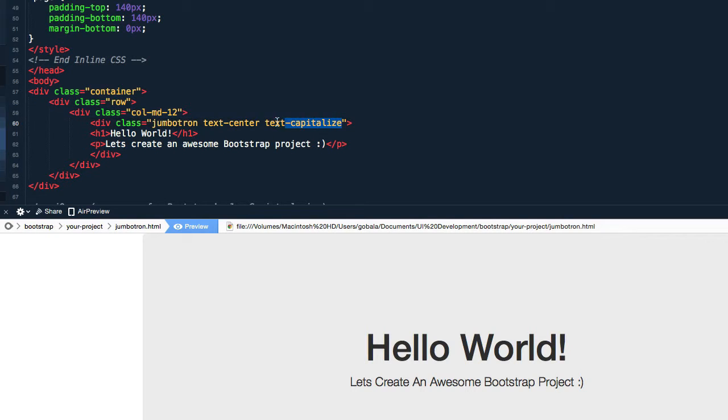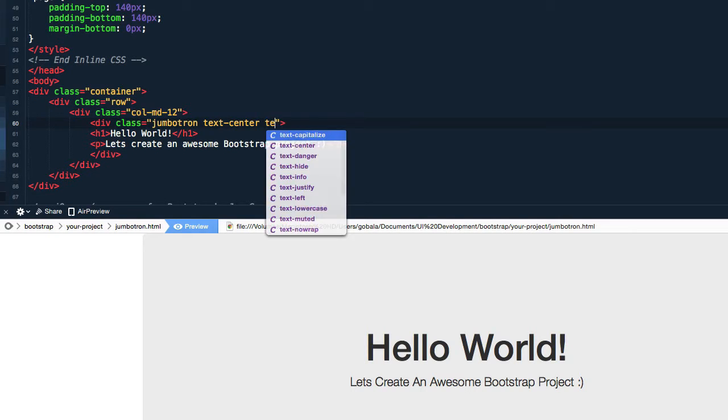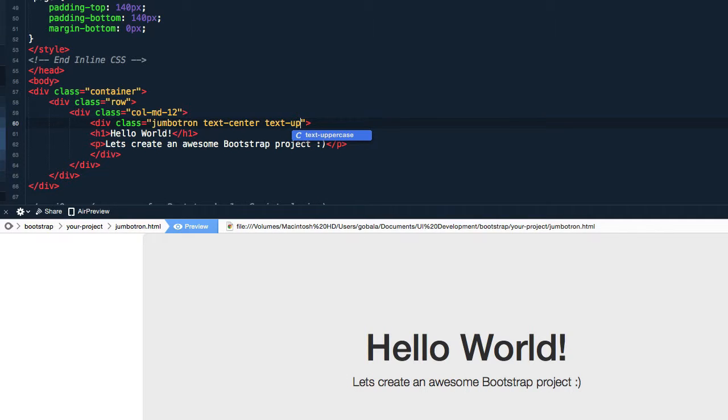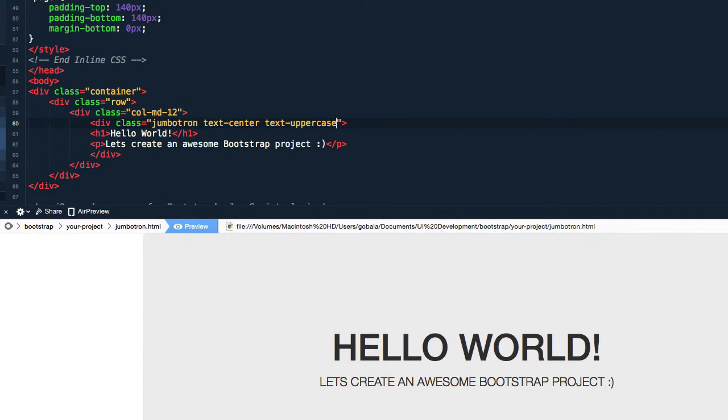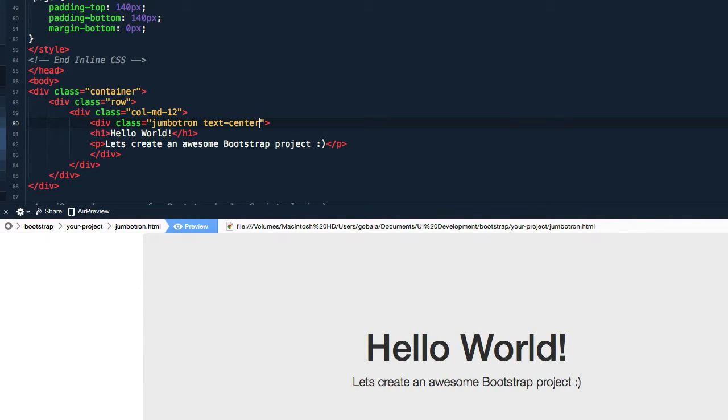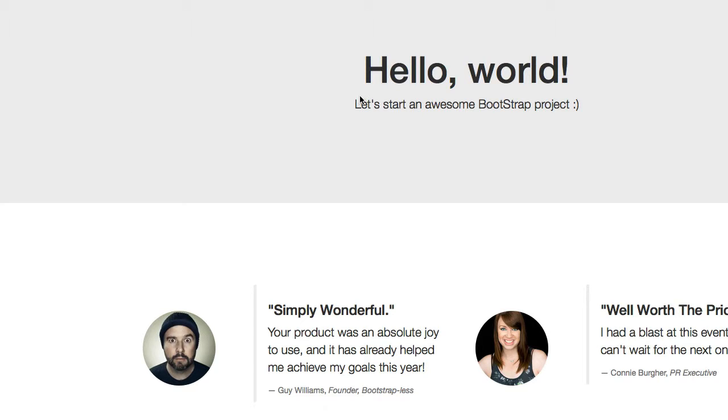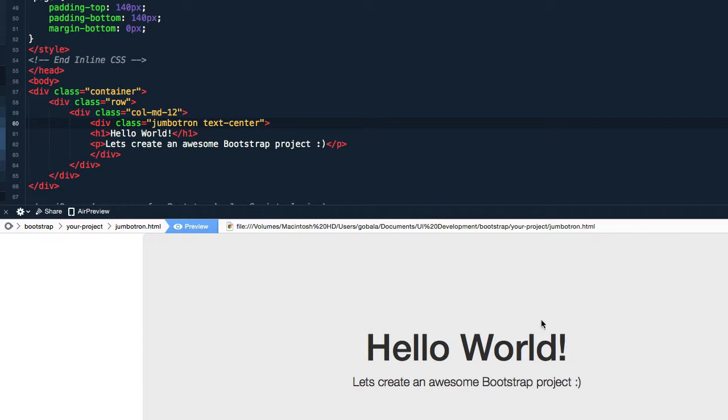Or you can use text-uppercase to make everything in this div uppercase. All right, so now we're closer to this, but it's still not full width. So this is the basic use of a Jumbotron, and you can use it for many different elements of your site, but I prefer to make the Jumbotron wide end to end. And in order to do that,